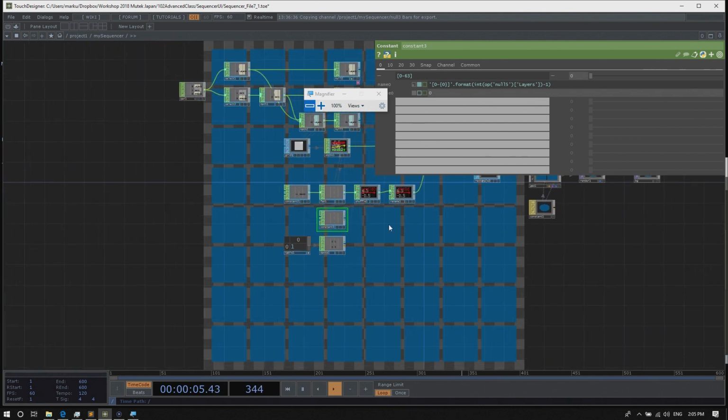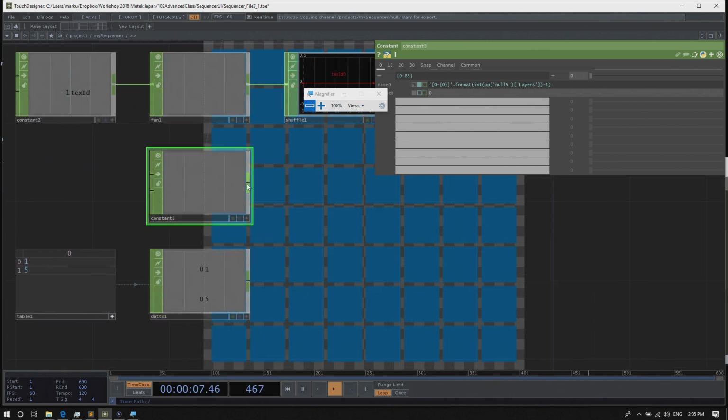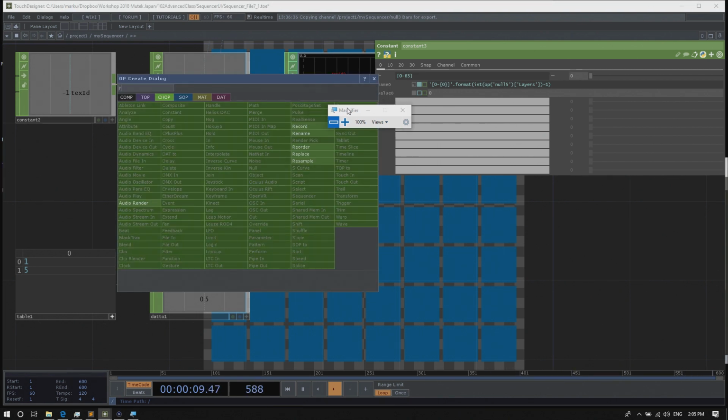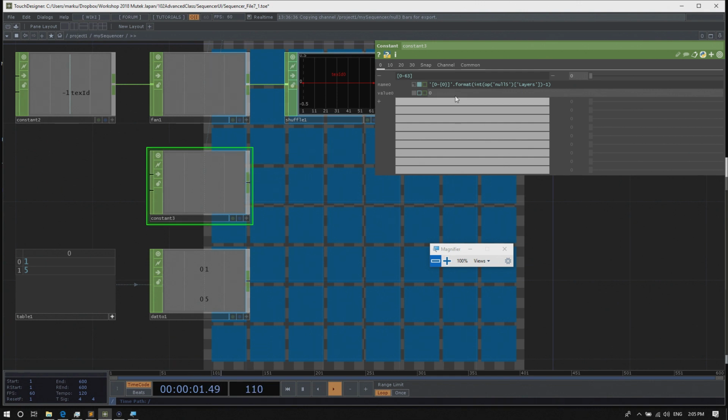There. And what I now can do is I can replace all the channels that have the same name with the replace chop. Can I zoom in the constants one more time? This one?